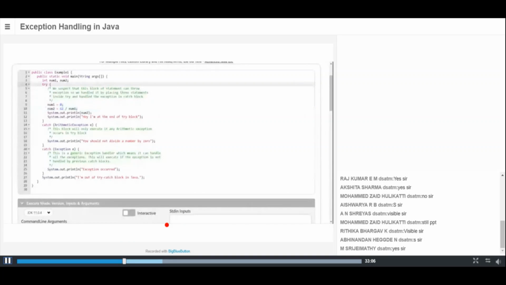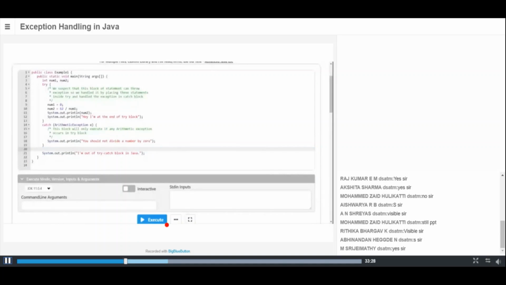As I already told you, a try block is always followed by a catch block.